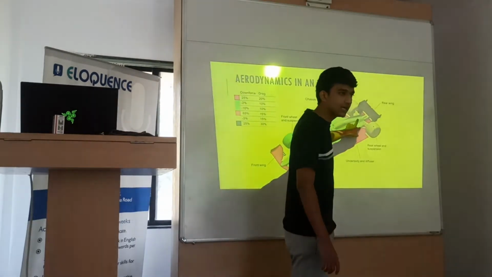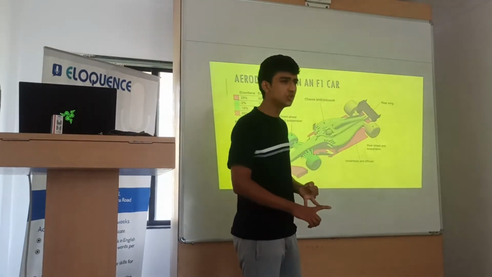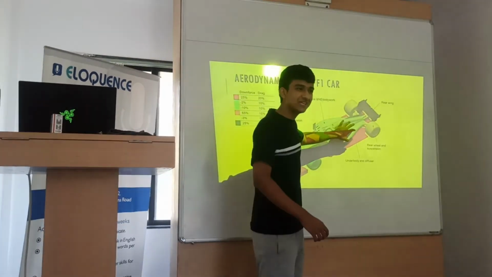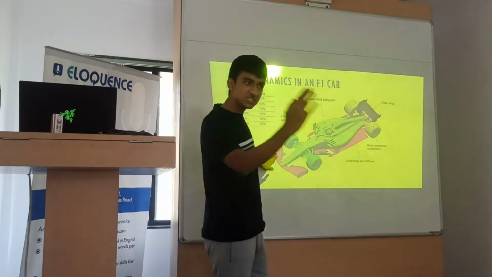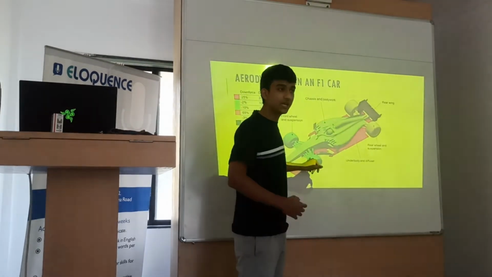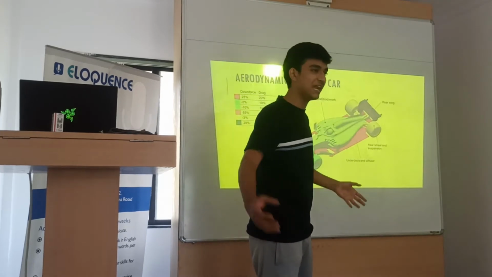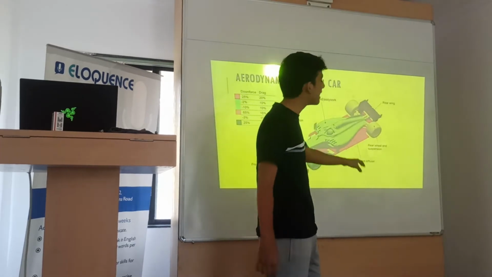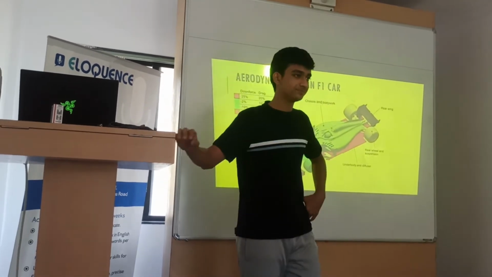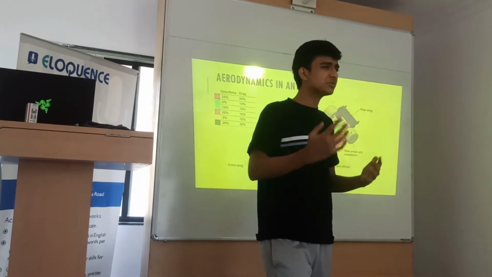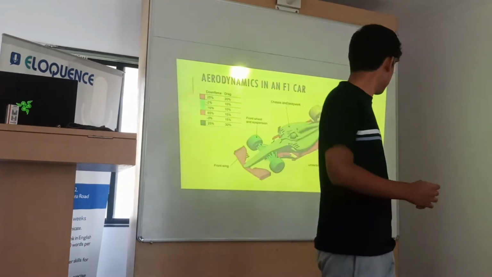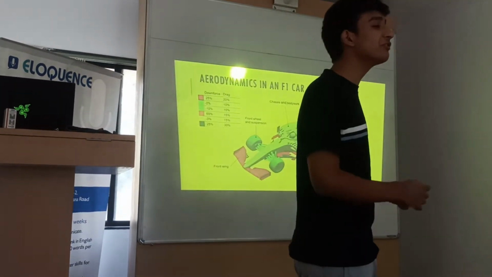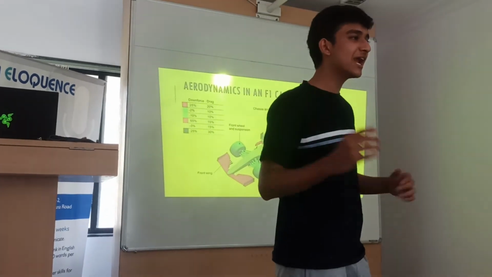The engine, the battery, and all of these come. The MGU-K, the MGU-H. Do you know what that is, or should I explain? Okay, it is basically a part of the engine. When the car is moving at very high speeds and the brakes are getting heated, this heat energy is converted into electrical energy and stored in a battery, which can be later deployed to increase the top speed of the car. It is called a hybrid engine. So it can't be completely a teardrop because it has to go on the track. It has to have a suspension, and it has to have many more components. Where do you fit the engine that way? It is much more complicated than just making a shape.